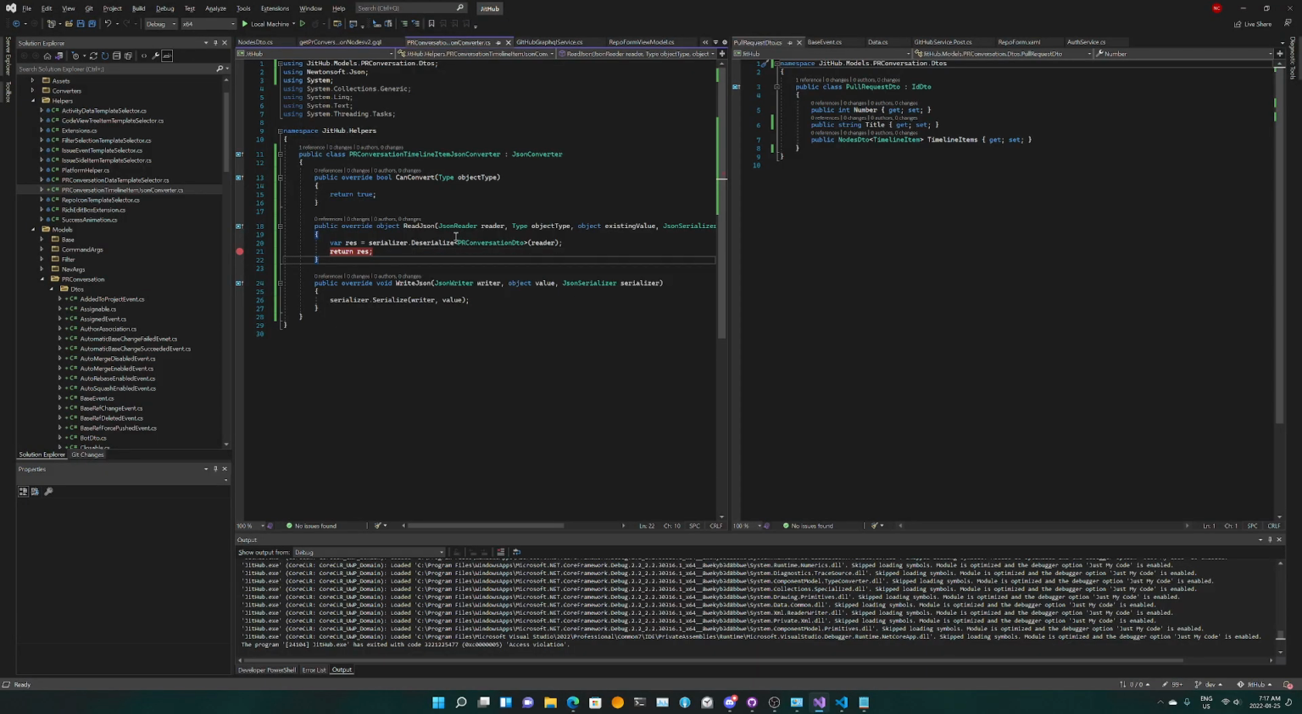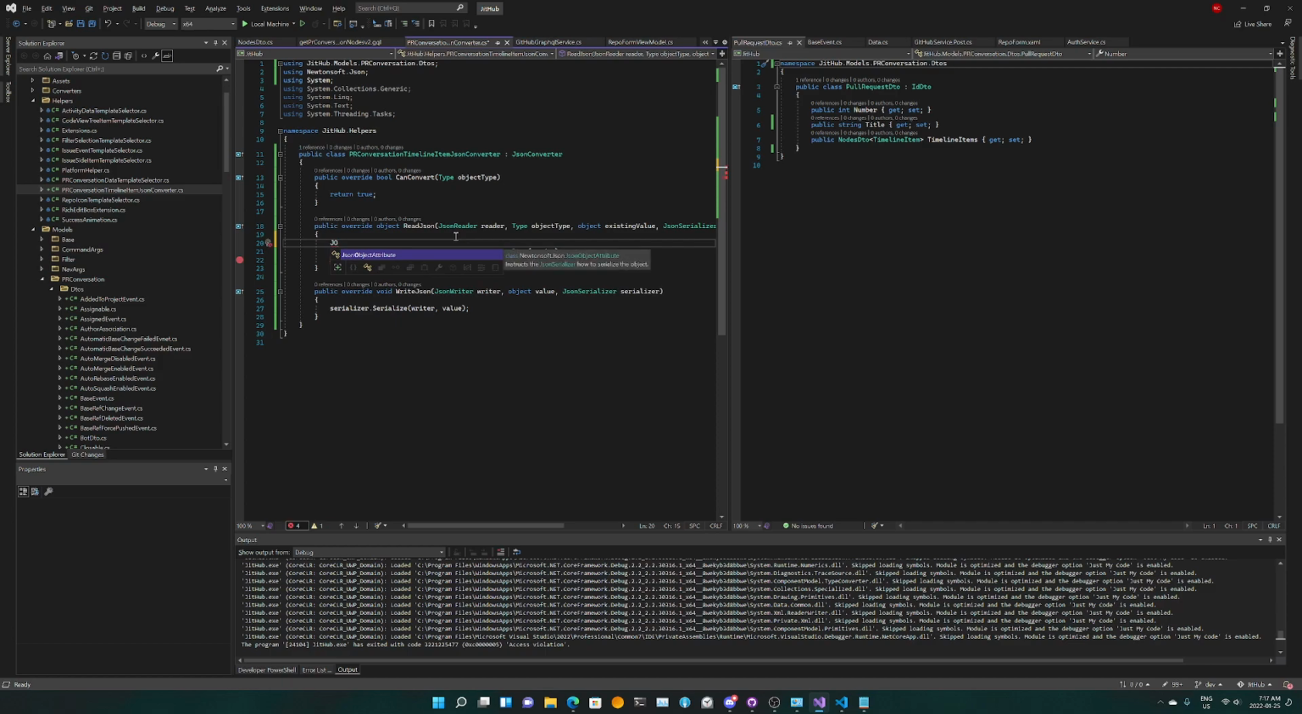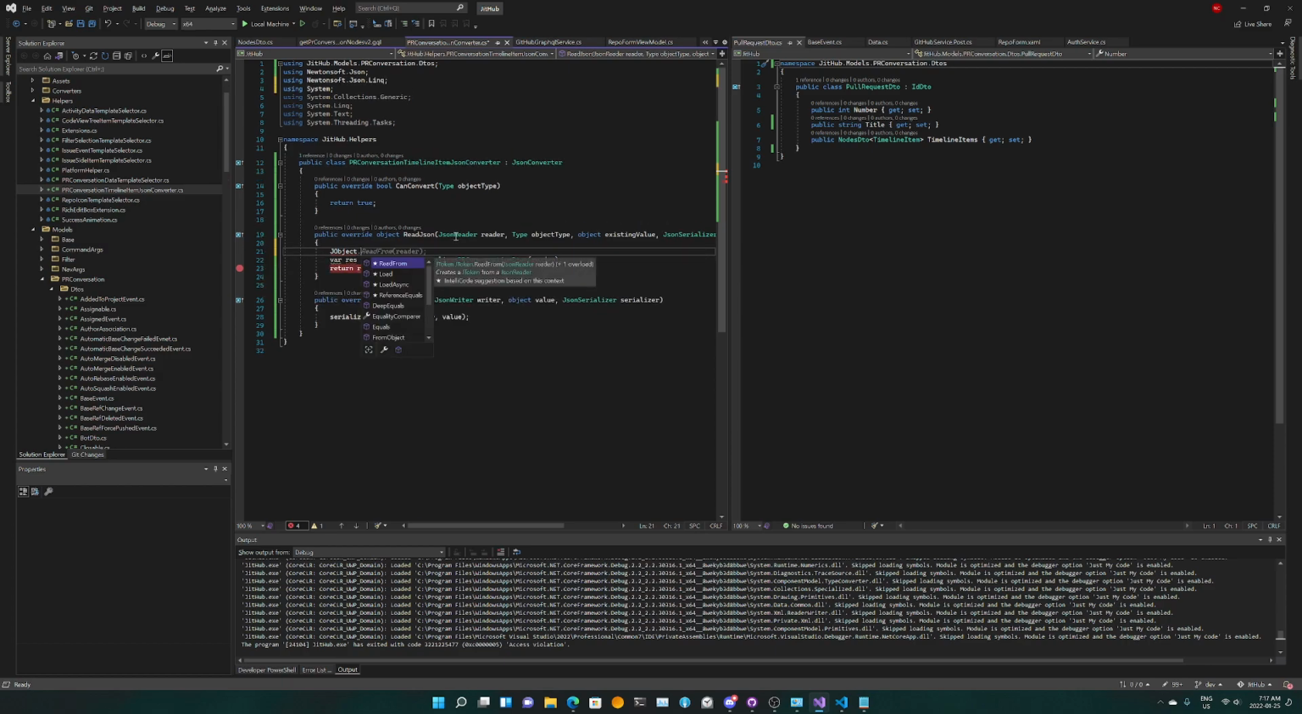Can you do JObject.Load(reader), and it returns a JObject, right? So let's take a look at what the